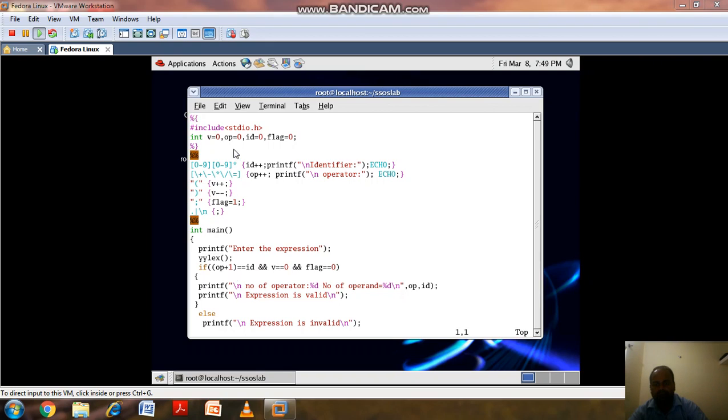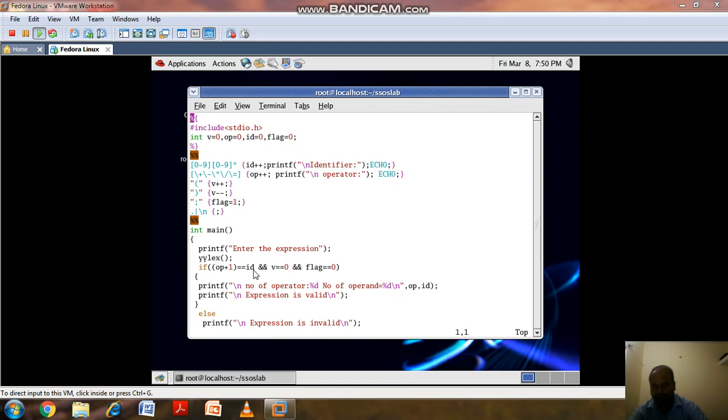Next, if op plus 1 is equal to id, and v equal to 0 and flag equal to 0, there are three conditions.